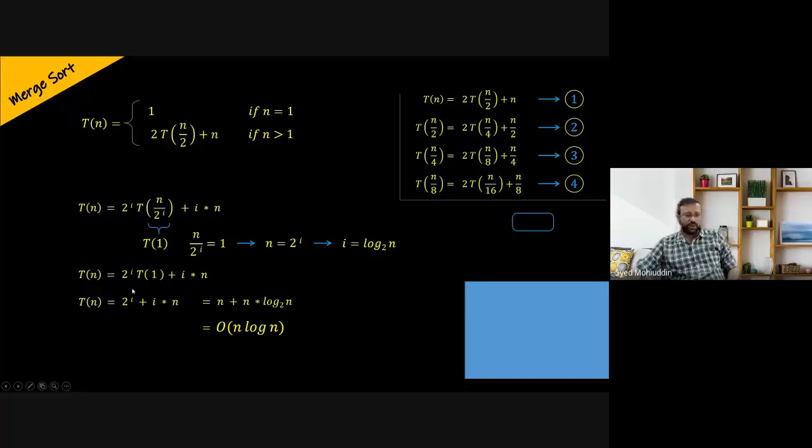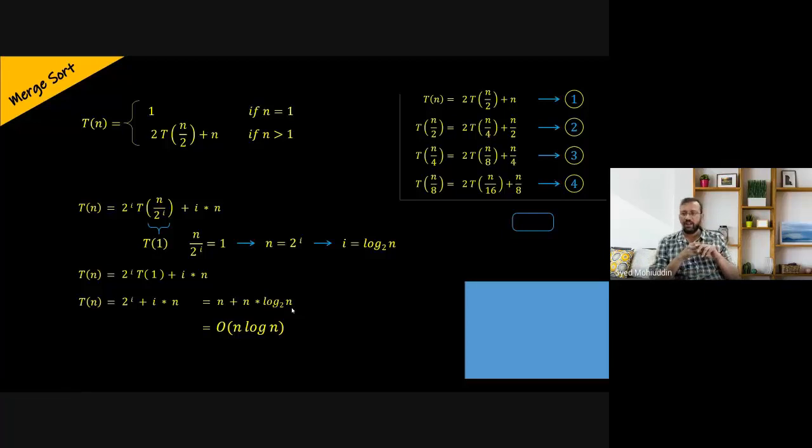Now what is 2 power i? Because this whole expression now has to be written in terms of n, not in terms of i. So what is 2 power i? 2 power i is nothing but n. So we say n plus, what is i? i is log n. So we have log n multiplied by n. So this expression becomes n plus n multiplied by log n, which is nothing but